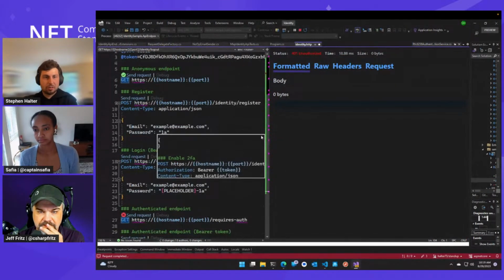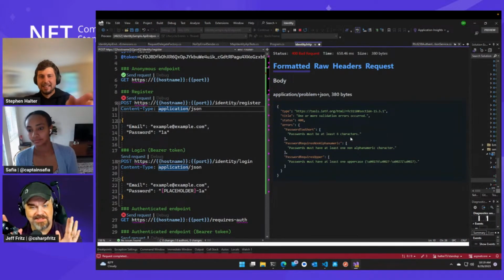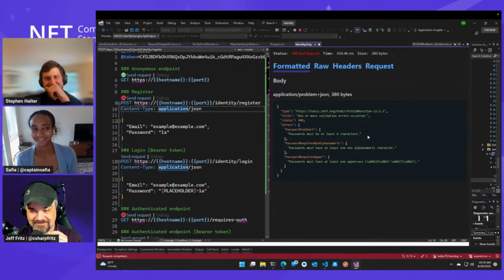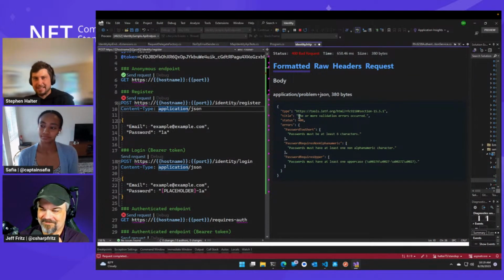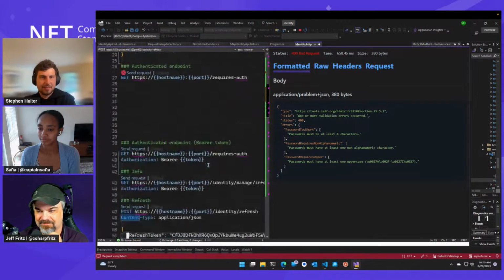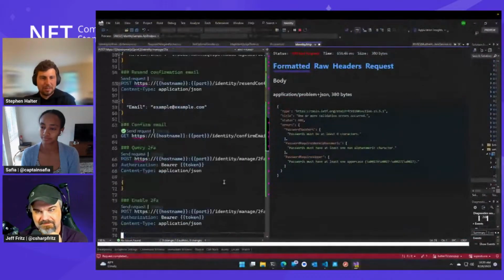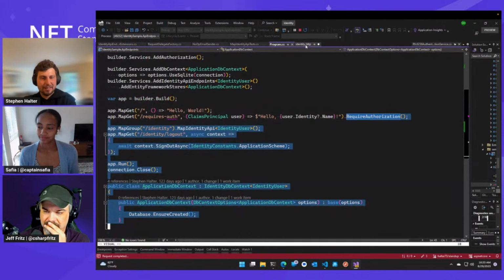I do not know why the scroll bar just went crazy. Sorry, guys. Hot bits, all fresh stuff, right? Yeah, for sure. So you'll see, okay, you have requirements for the passwords. We're doing problem details, so it must be at least 6 characters, with some alphanumerics and all that. So I obviously picked, okay, let's see, I have way too many windows. This is probably not great.